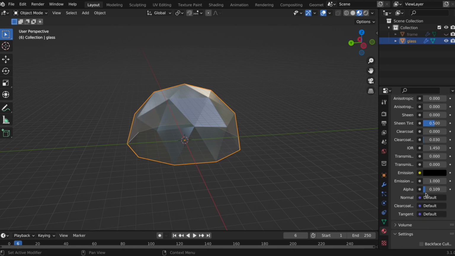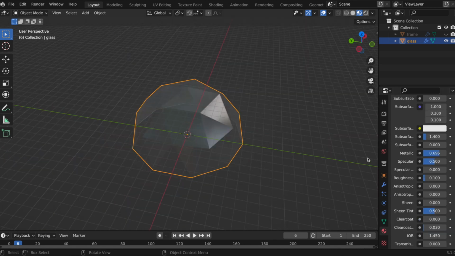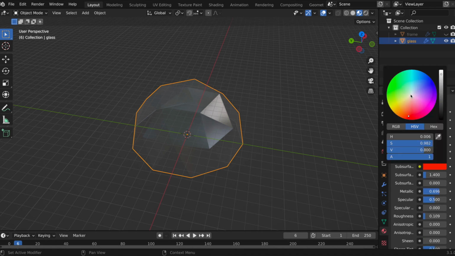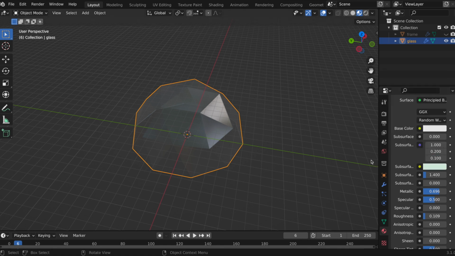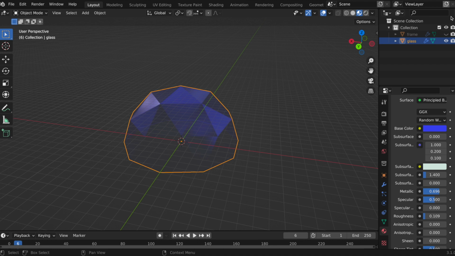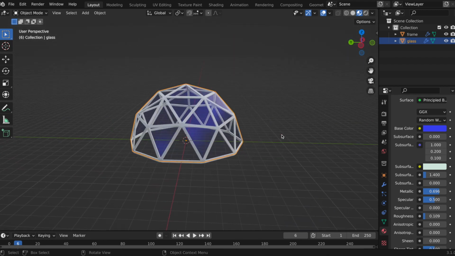And then we can always play, we can increase the alpha or lower the alpha all the way down. But I like to leave a little bit in there so that it's got some reflection in the glass. Then you can add a tint to the glass too. Oh, I'm sorry, I'm in subsurface. Didn't notice that. I'm gonna be in the base color, so we can do a little tint. Alright, now we can add the frame, and here we go. Our dome is ready,